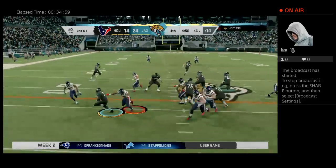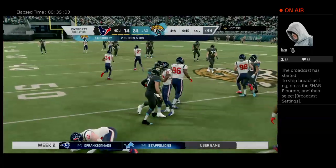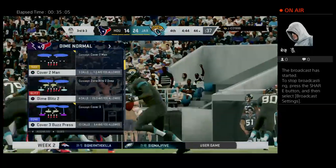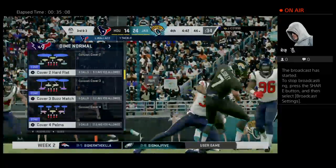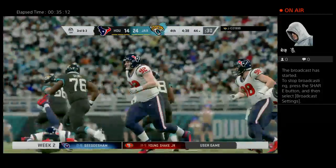On second down, there's the option going left. And he's going to have to protect the football and take his lumps here at this stage of the game as they stop him behind the line. It's a loss of 2, now third down. It's now third down and